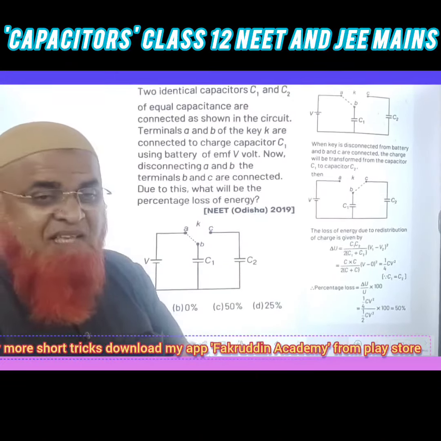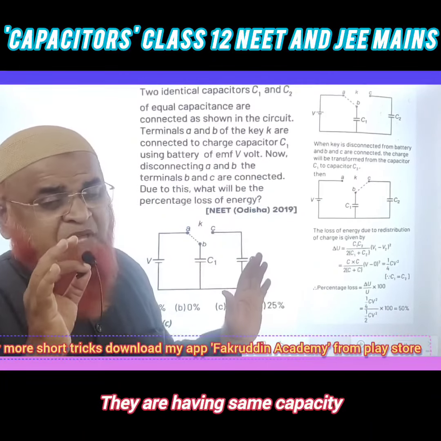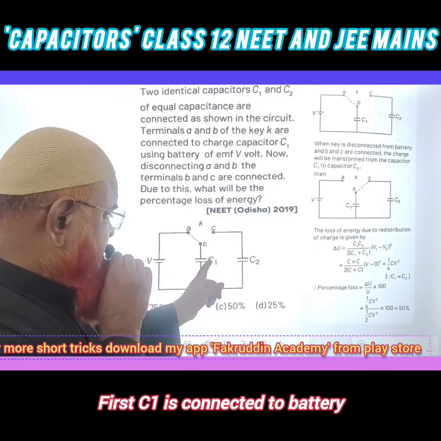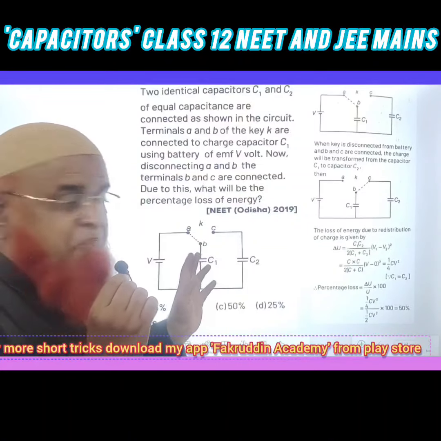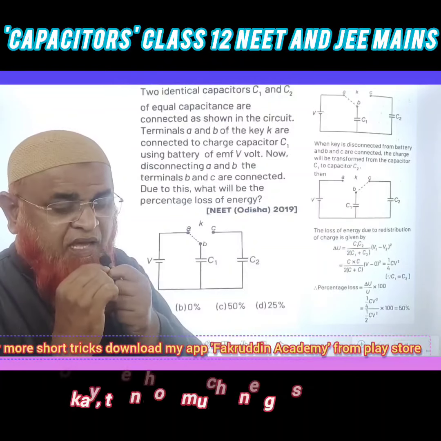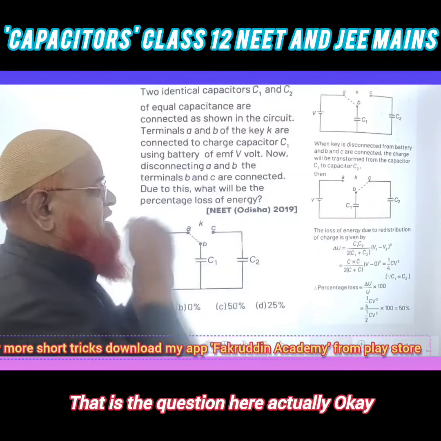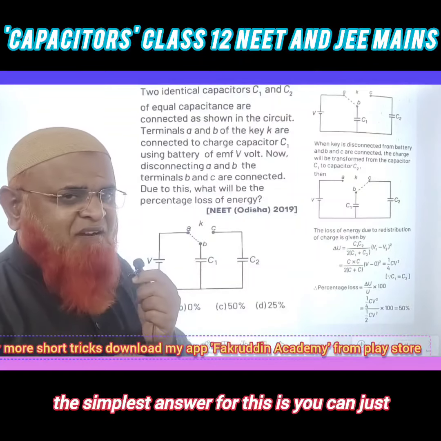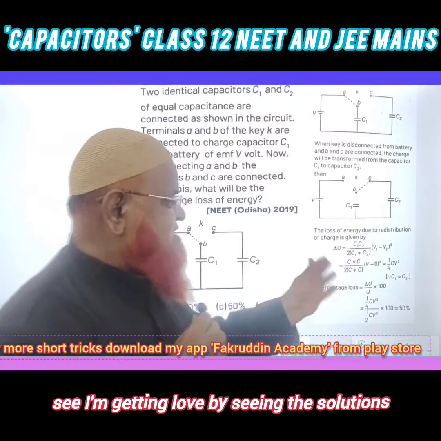The question is, there are two capacitors C1 and C2. They have the same capacity. First, C1 is connected to a battery. After that, it is connected to C2. Then how much energy is lost by C1? That is the question here actually. Okay, the simplest answer for this is, you can just see,